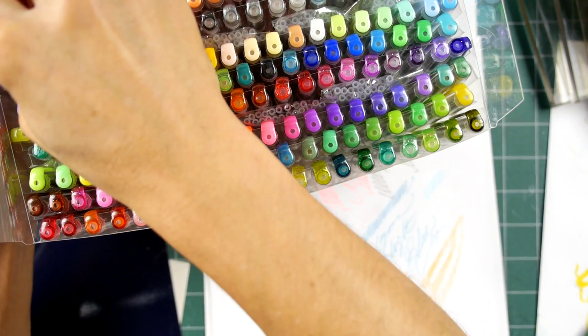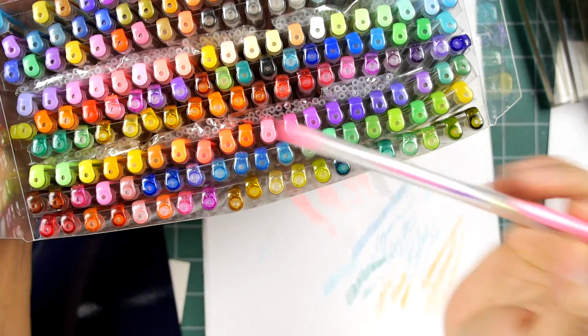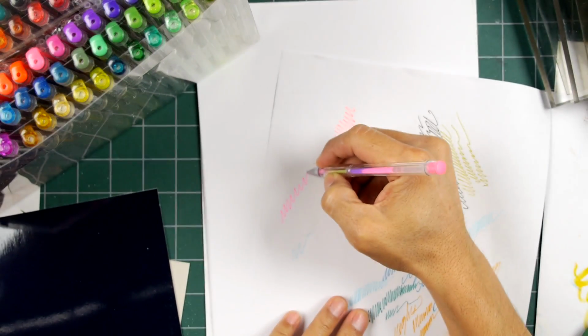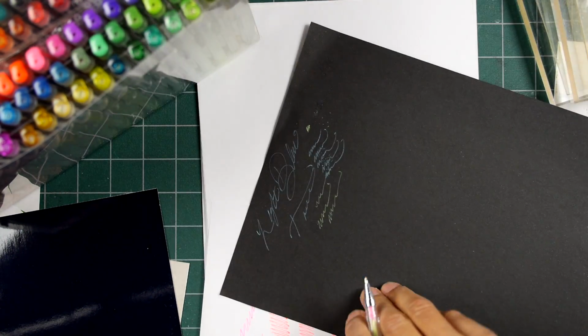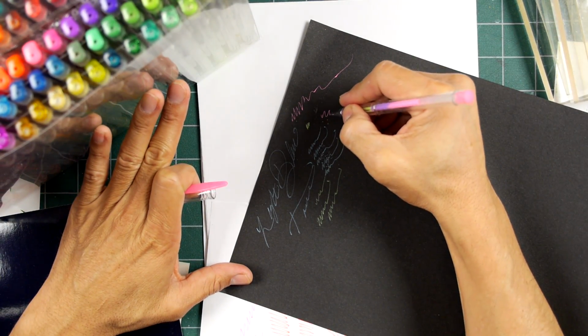I don't know, that really works for me. So, oh, look at this one right here. I have no idea what this one's going to do. This is a multi-color, that rainbow one. I'm guessing it's one color, then yeah, I mean, it's a certain color, and then